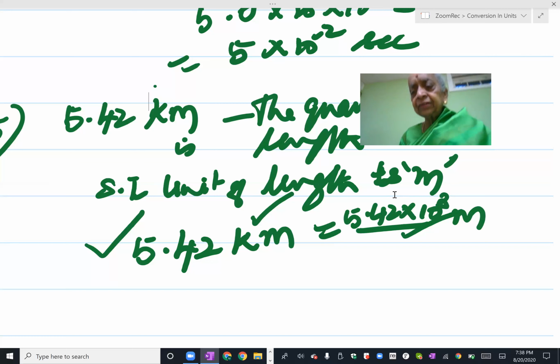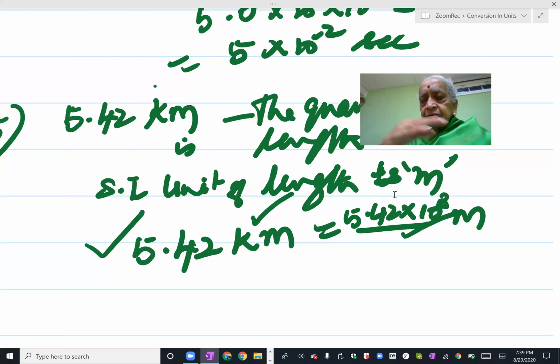You just learn all this, and then the summing up will be, first of all, you have to identify what quantity it is. Only then you have to go into the conversion. That's why I gave it as the first part of the question. And then you have to identify what is the SI unit for that quantity. And the third step will be to find out whether the conversion that is warranted in the given question is from a smaller unit to a bigger unit, or vice versa.